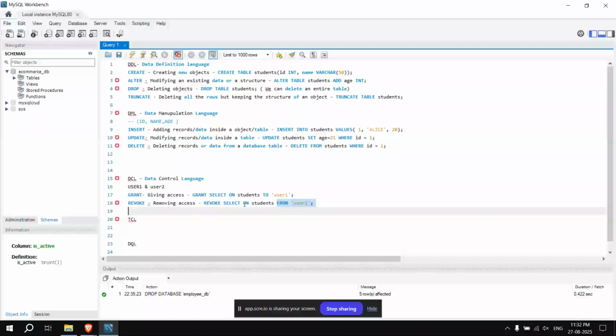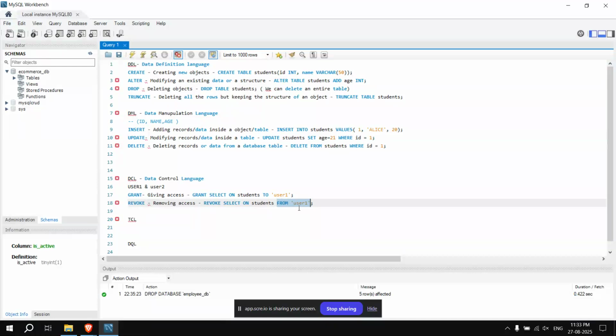It means from which table or what data we want to revoke the permission: from the students table. That's why on students table, and from who, from user one.